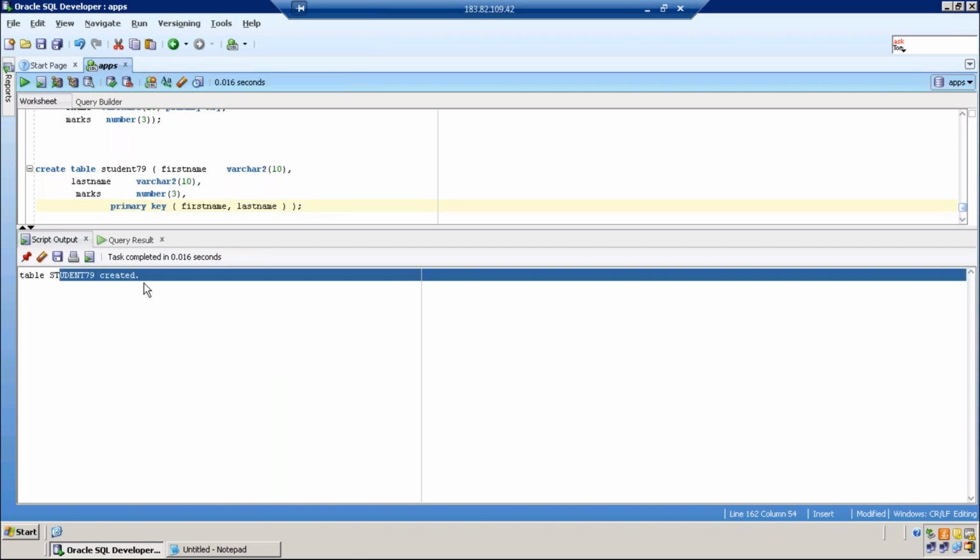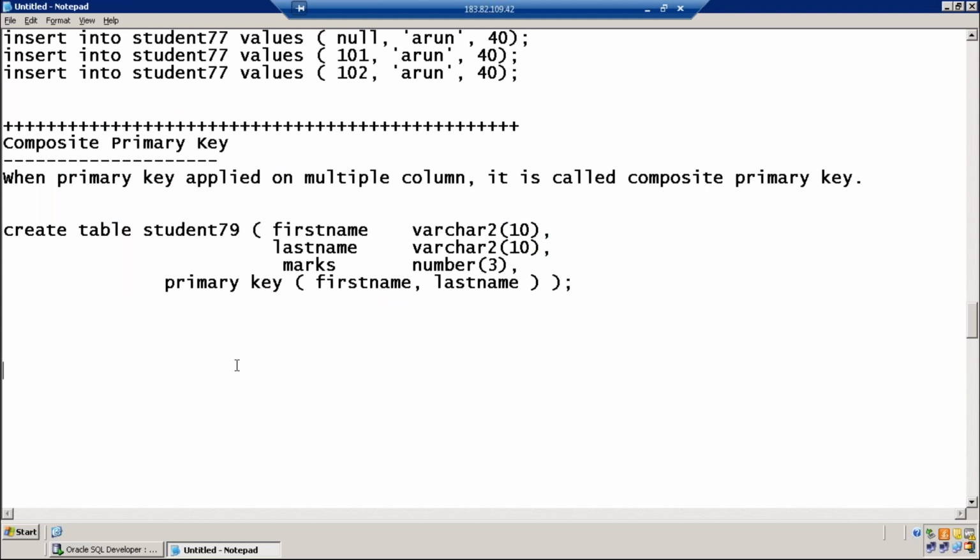Table created. In this example, the table has a primary key, but the primary key is not applied on one column. If you write column name, data type, size in the same line, and write primary key there, then it is called primary key applied on one column. But here it is at the last. How many columns am I mentioning? 2 columns. When primary key is applied on multiple columns, this kind of primary key is called a composite primary key.